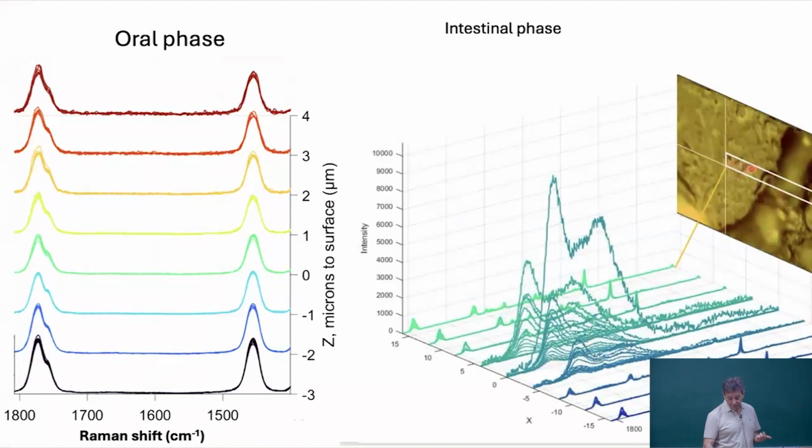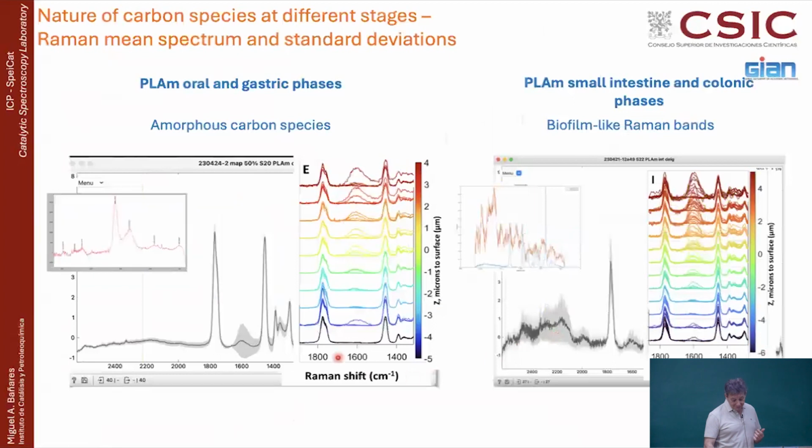Basically, we were looking at this region here. This is up in the surface, this is down in the cliff, and then again up in the surface. So you see that in the cracks, things accumulate, because the more broken a plastic is, the more attacked it is. But the interesting thing is that in the gastric phase, if you look at all the spectra and you